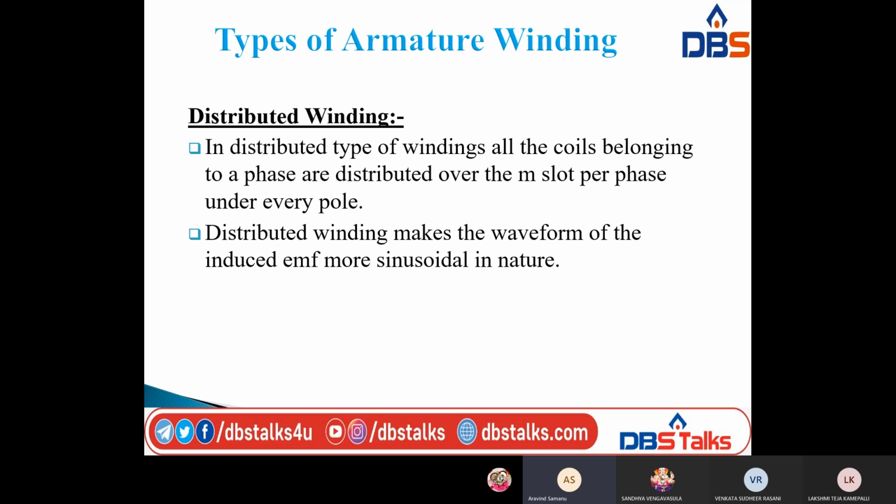So actually you have one note point. In general, double layer, short pitched and distributed type of armature windings are preferred for alternators. Up to now I have discussed single layer and double layer windings, next short pitched and full pitched windings, and next concentrated and distributed windings. Among those, generally double layer, short pitched and distributed type of armature winding is preferred for alternators.